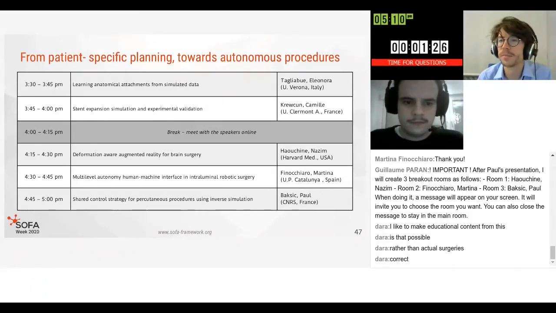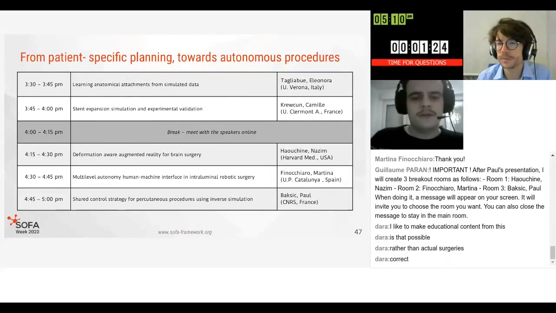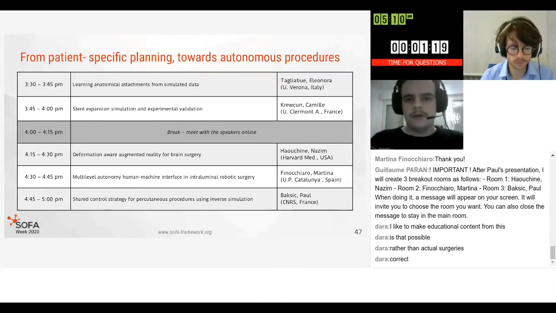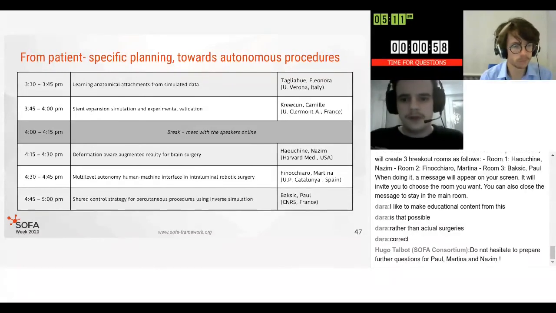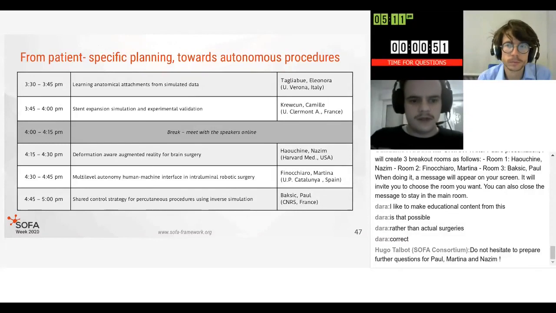So what I did really was a needle insertion simulation in which I tried to test our method. So right now there is no haptic feedback for the manual insertion. So if it's for training, for instance, for percutaneous surgery, you will not have the haptic feedback that the user currently has during real needle insertion. So I don't know if it's good for training, but well, I don't know if I answered your question.